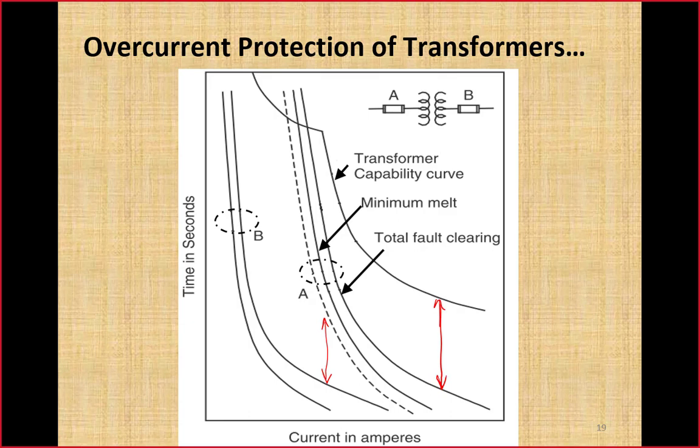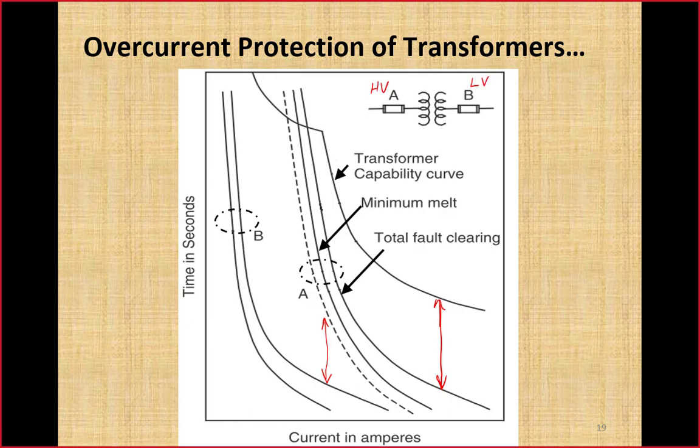So that is coordination. Because a fuse is an instantaneous device, coordination between fuses will be similar to the coordination among instantaneous overcurrent relays. The instantaneous overcurrent relay which will be upstream, its setting should be done in such a way that it must not operate for any fault in the next line section. So its pickup setting will be even greater than the maximum possible fault of the next line section. The same is the case over here when we are achieving coordination between the fuse on the high side and the fuse on the low side.